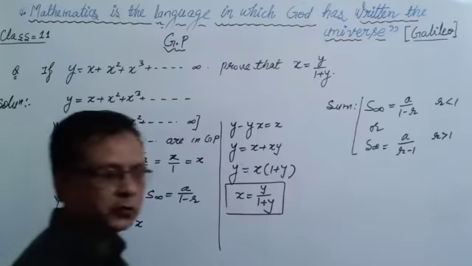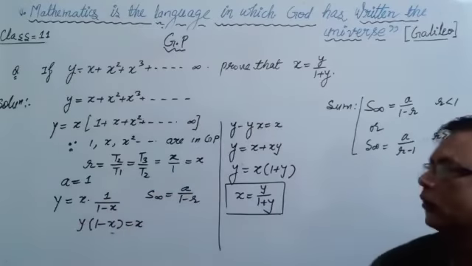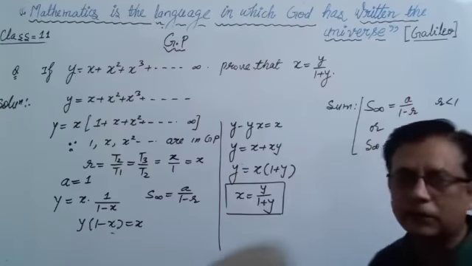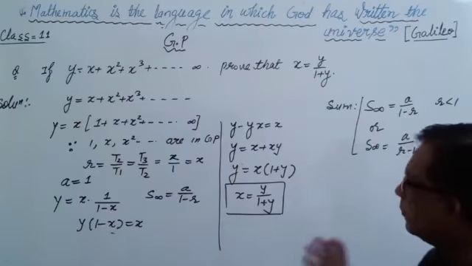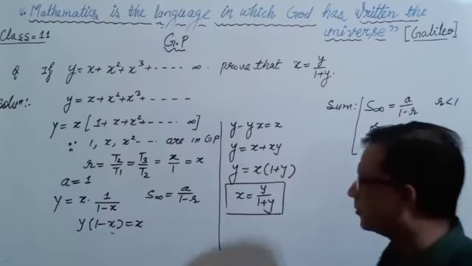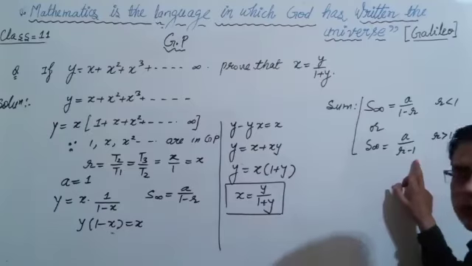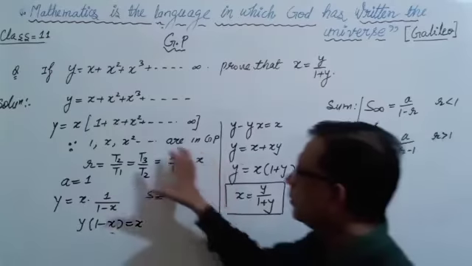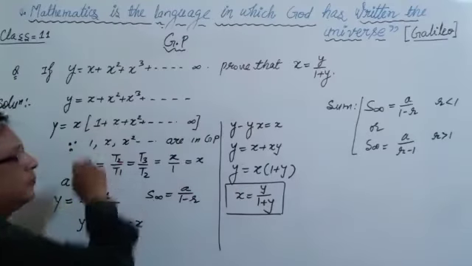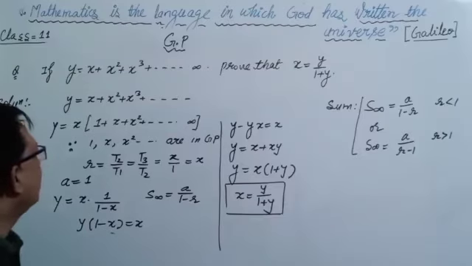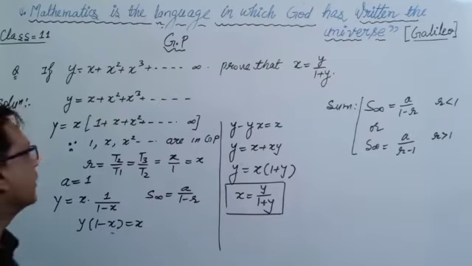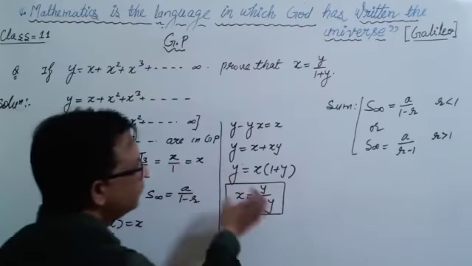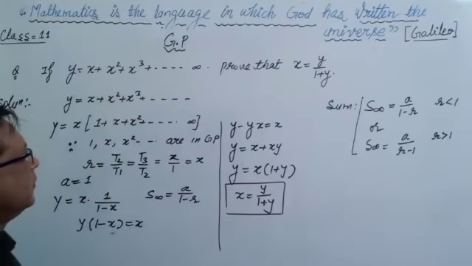This is a very good question and also an important question. So the important point is that the sum of infinite terms in GP is A upon 1 minus R, or A upon R minus 1. It depends on whether R is greater than 1 or less than 1. So the important point is always to take the first term as 1, or make the first term 1, because then the second term directly becomes our common ratio. Then we do the calculation and match the result. So note this question, then we discuss another problem.